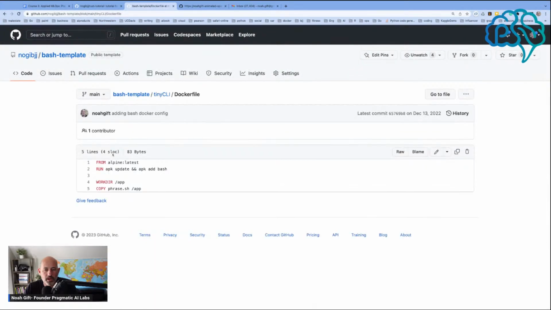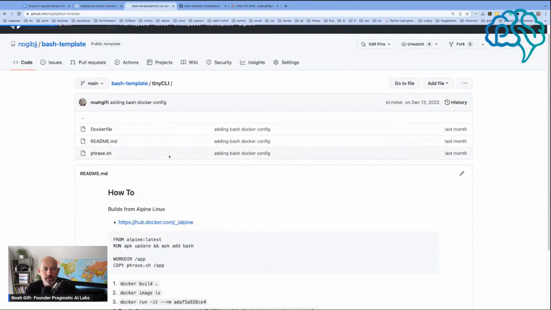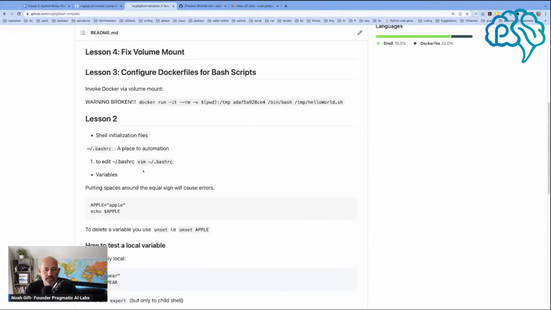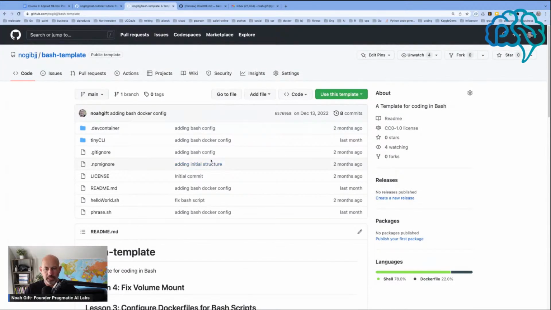I've done a little bit of Docker here, made a tiny container. I've also created a phrase file here, which is kind of nice. And the other thing I've done is gone into the bashrc and configured it a little bit. But what we could do today that I think would be kind of fun is to play a little bit